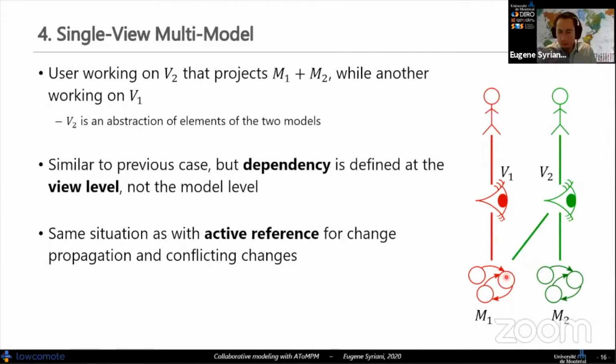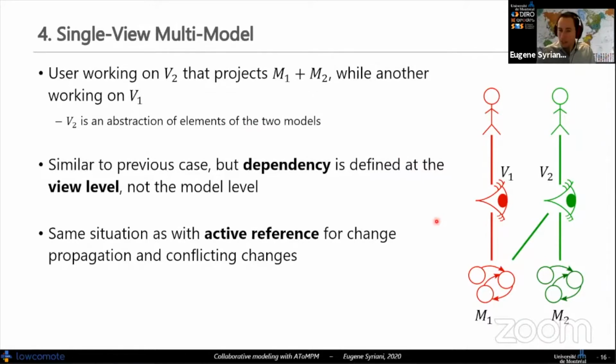The fourth scenario is the single view multi-model. It's the case where I have one view here, V2, that is projecting two models, and I have someone else working on one of the models, let's say. So in this case, V2 is an abstraction of M1 and M2, right?